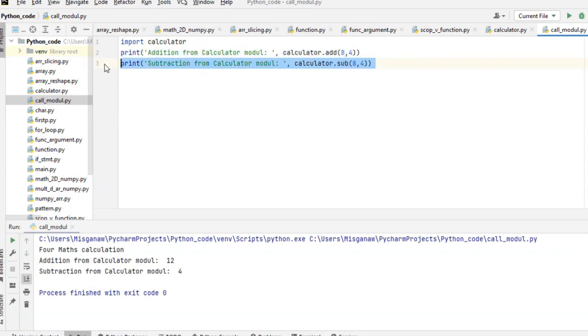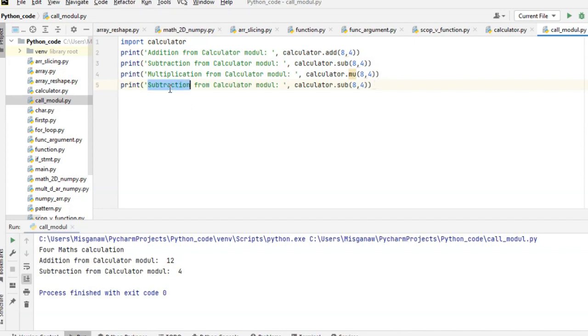And for multiplication, we can also call multiplication. Now the function is mul. For division, the function is div. Run.